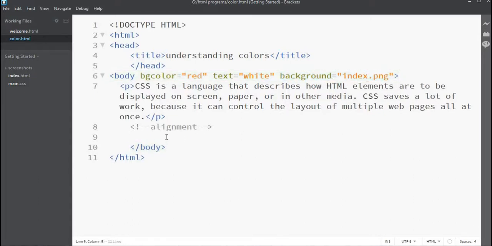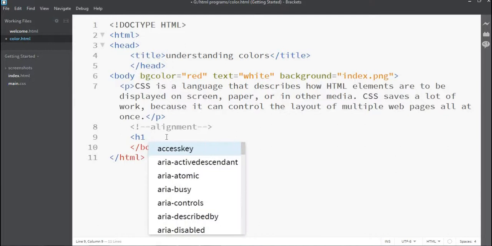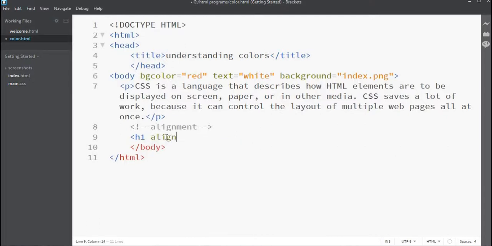Okay, one more thing I want to tell you about is alignment. Alignment is basically left, right and center. Suppose you want to align the H1 tag, that is a heading tag, and want to align the text in the center position. First I'm removing the background image so that you can see the effect of the H1 align.